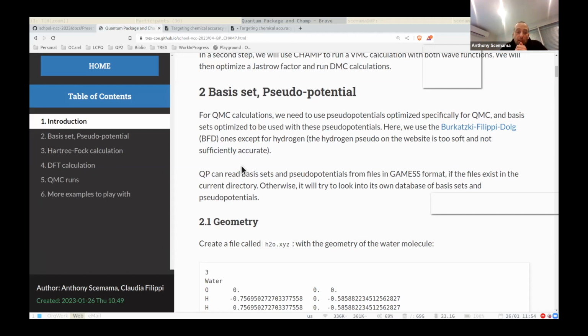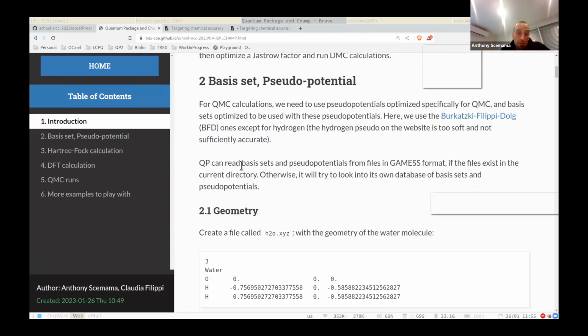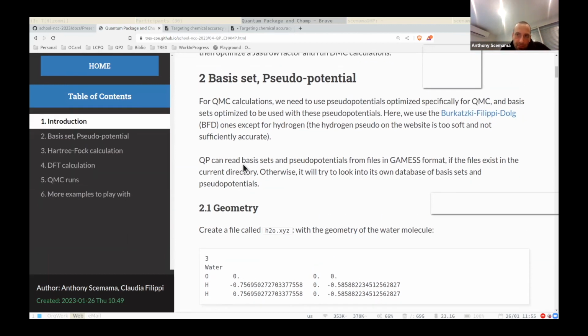And so this is subject to very large fluctuations. So by removing the core electrons, we are also able to remove a region of space where the fluctuations of the local energy are large, and so it also has the effect of reducing the variance. So using pseudo-potentials has many different positive effects for QMC. So that's why we're going to use them.